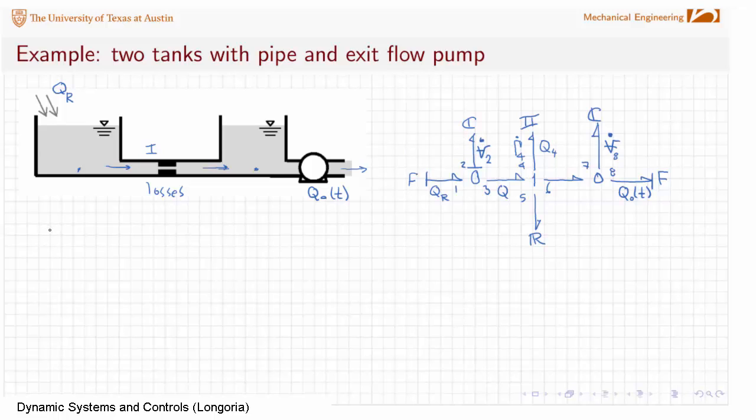So I'm going to create my little state vector over here, and V2 is a state of my system, right? Once I make this causal assignment on bond 2, that means no other bond can specify effort in there. It's already specified by this tank, and so this has to specify a flow. So now I have to propagate that into this 1 junction. An effort on a 1 junction, right, doesn't impact it. I can go to any of the other bonds to specify flow into that, and now I can apply integral causality